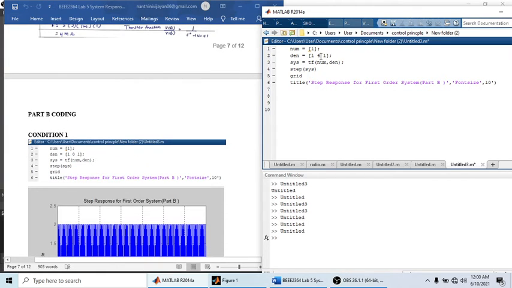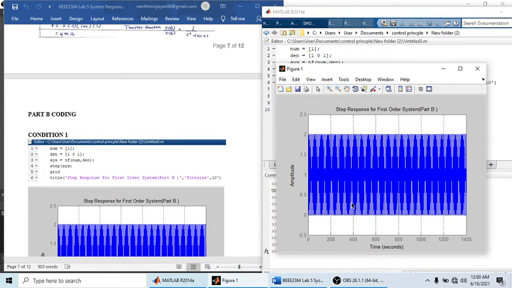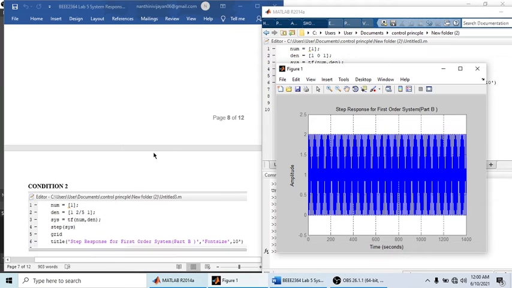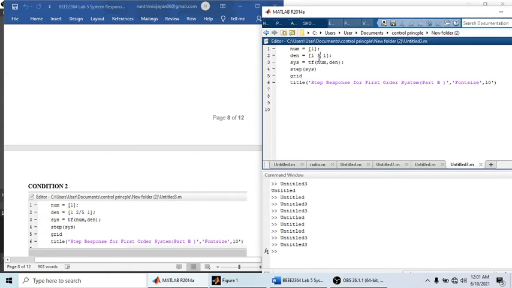Okay, in condition 1, this is the code. Okay, this is the output, and then condition 2 is 2 over 5.